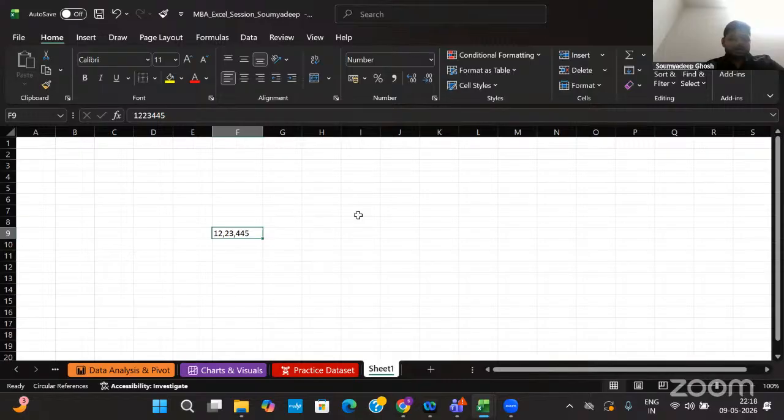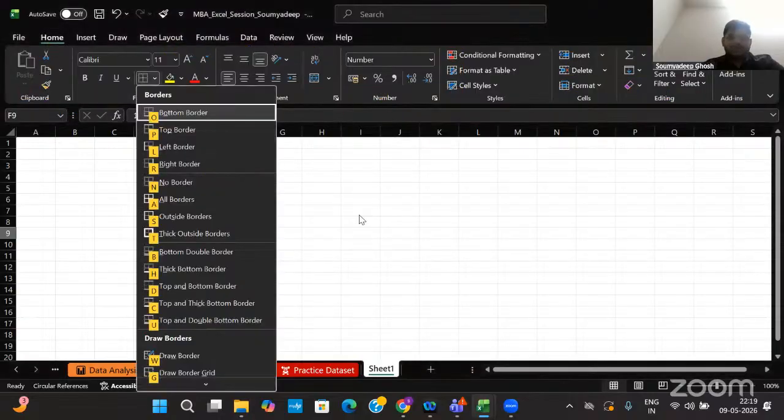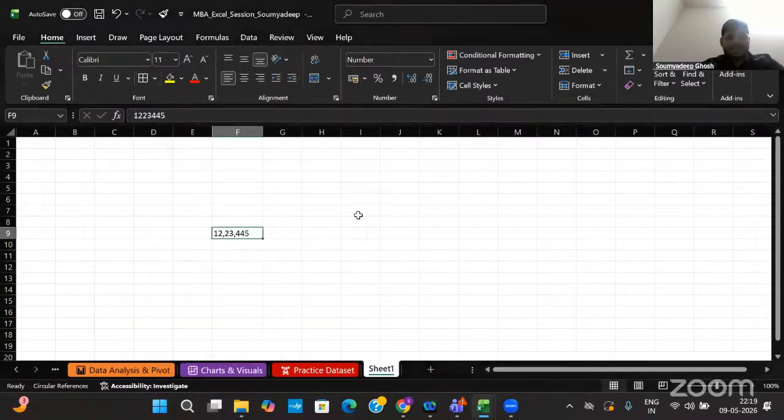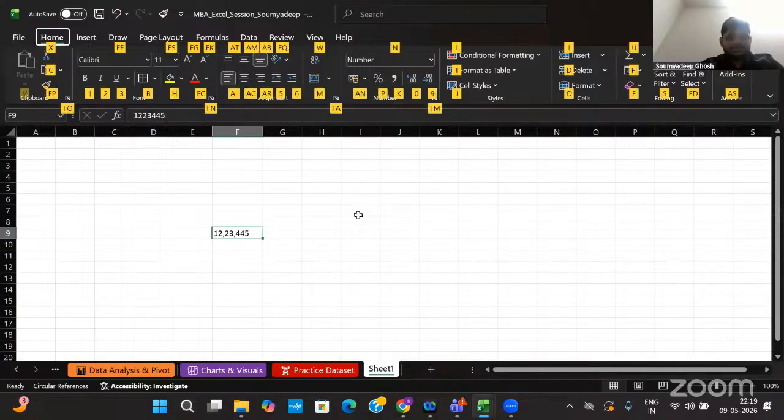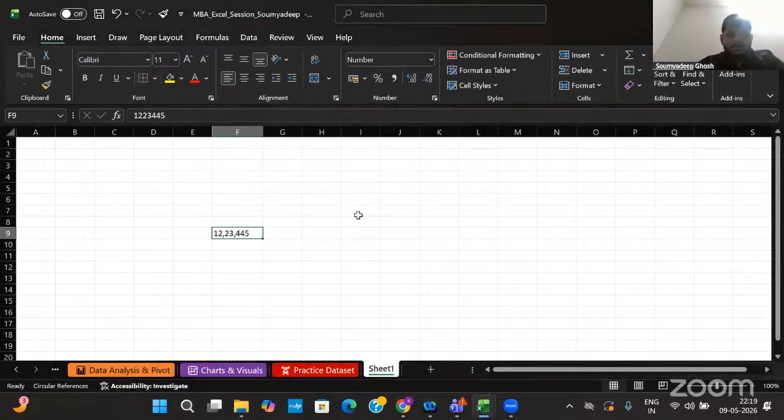The shortcut is Alt H. Now we are activating the homepage ribbon. Then B, that means the border. Pretty simple. If you want to apply all borders, then click on A. If I just want to remove the border, then Alt H, again B, then N for no border. See, the border has been removed.